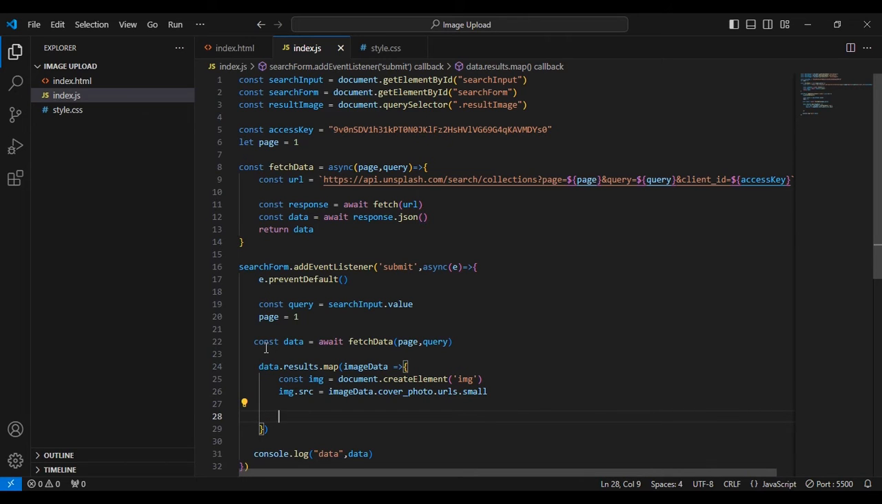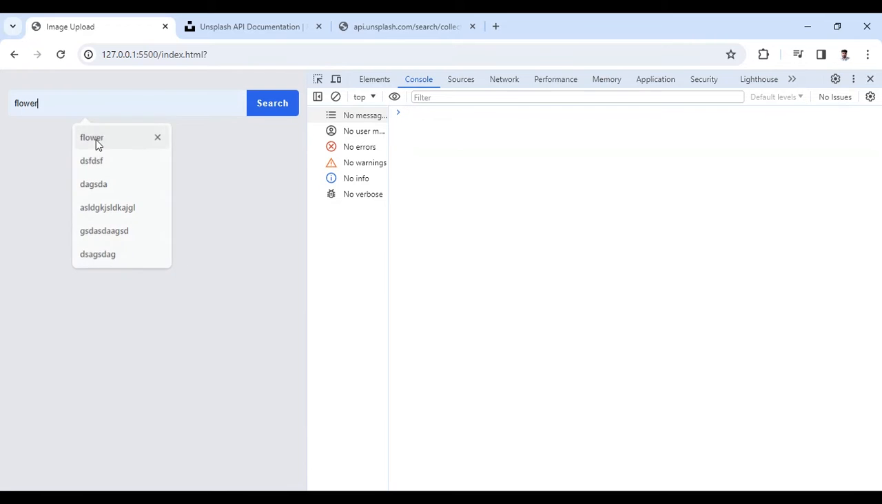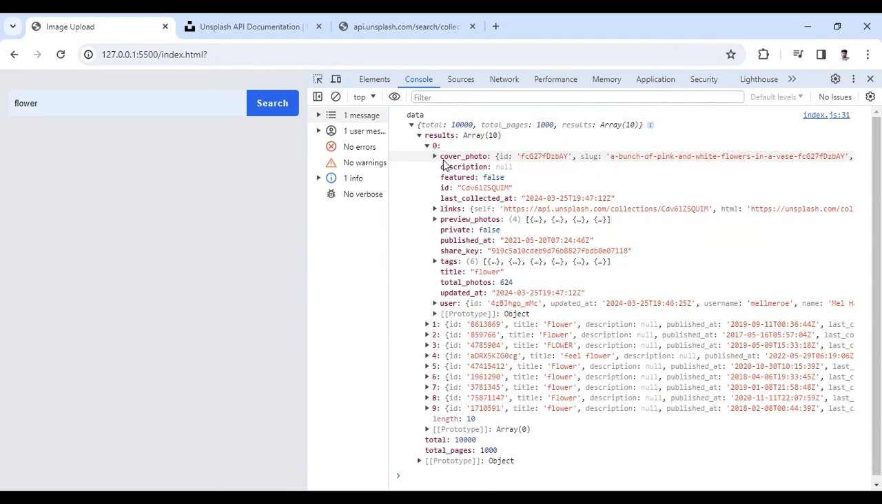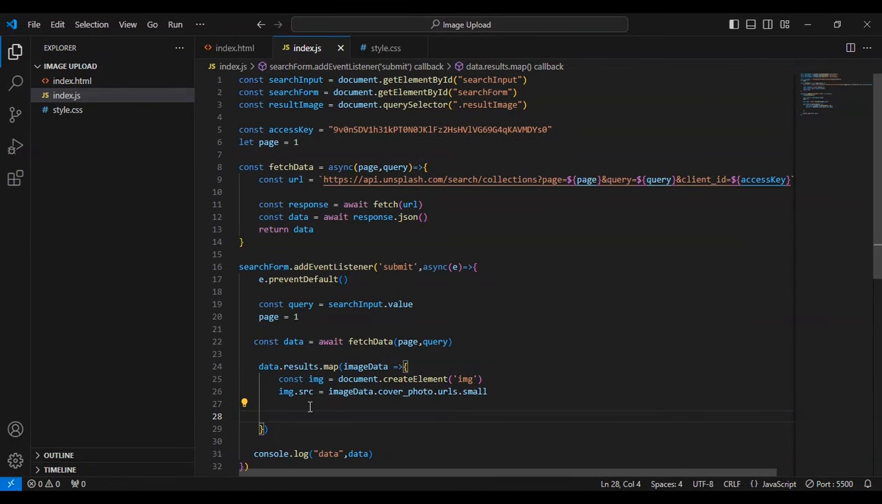And now I also want to add the link of that. For that I can give const imageLink. Let me first show, and let me just save it again and come here. Inside this I will type flower and click. Here you can see, where is the link? Here I want to give the link of that image. For that I can give const